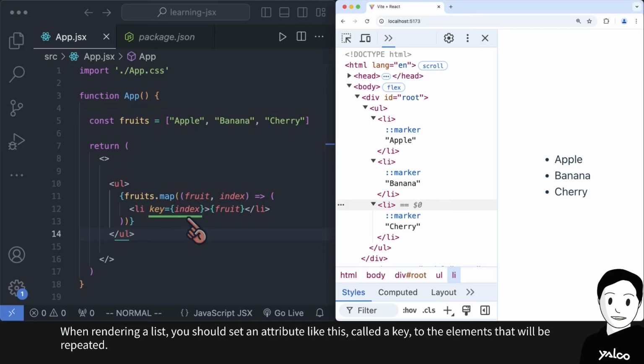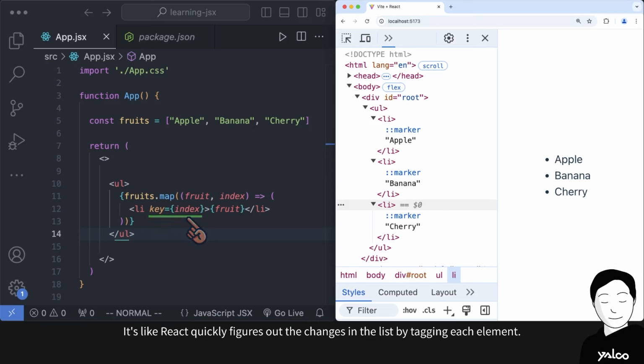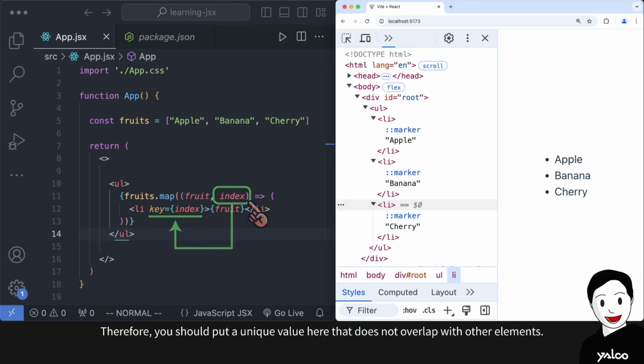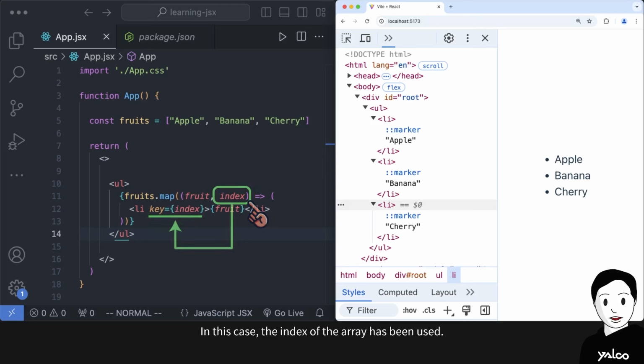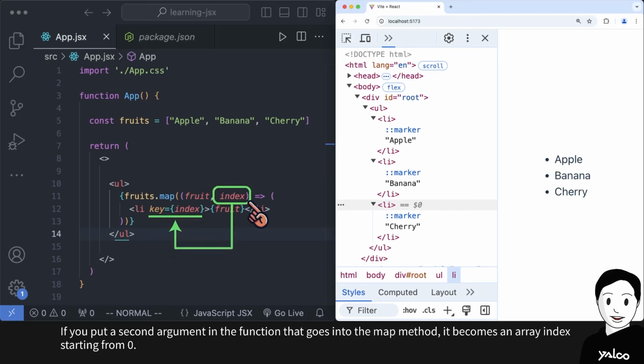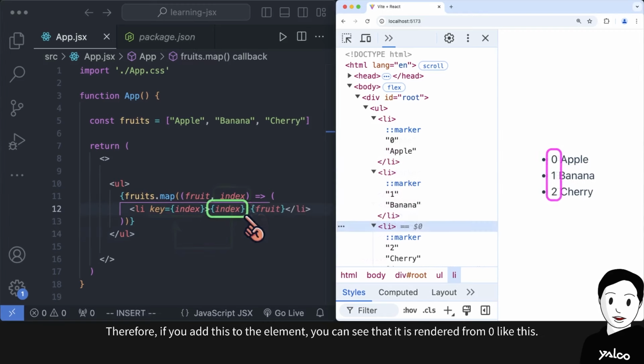When rendering a list, you should set an attribute like this, called a key, to the elements that will be repeated. It's like React quickly figures out the changes in the list by tagging each element. Therefore, you should put a unique value here that does not overlap with other elements. In this case, the index of the array has been used. If you put a second argument in the function that goes into the map method, it becomes an array index, starting from 0. Therefore, if you add this to the element, you can see that it is rendered from 0